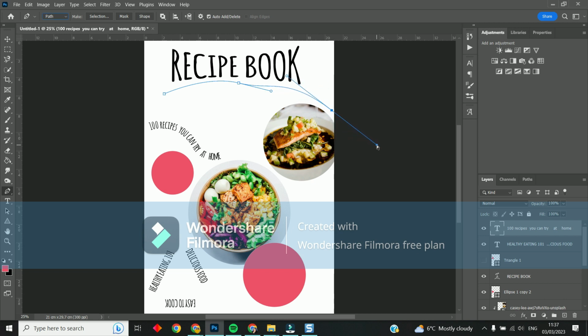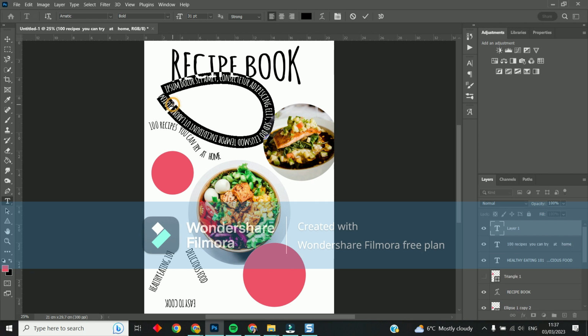If you go wrong at any time, Control Z will take you back, and then you can say, I think actually I don't want to go here, I want to go down here instead. You can do that then, and you could just create a little teardrop here. And then any text you type, you can start anywhere along the shape as well. So say I want it to just start here, I can then get it to start at that point there. I'll just click on here, and here is